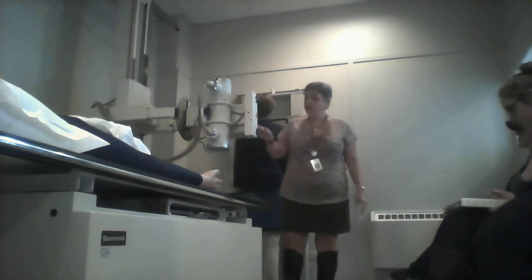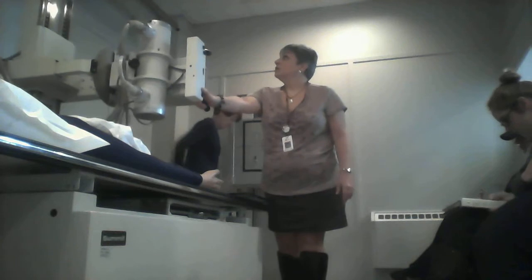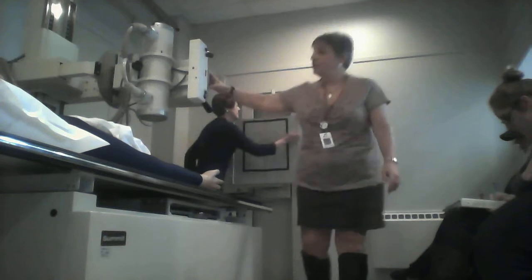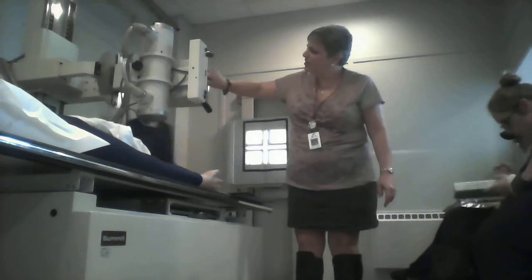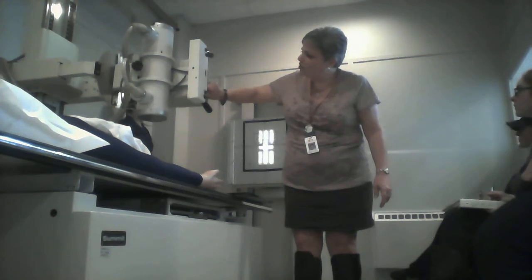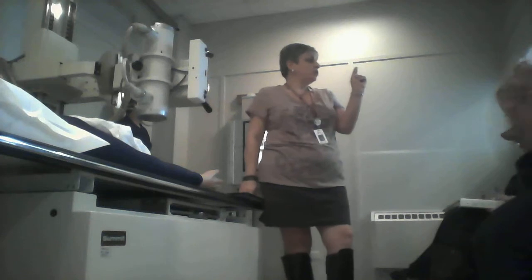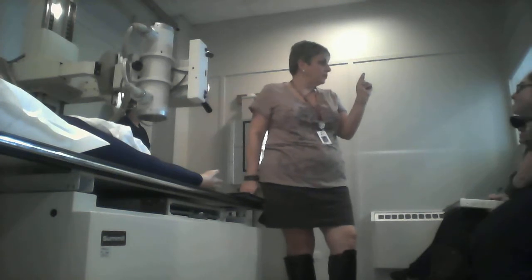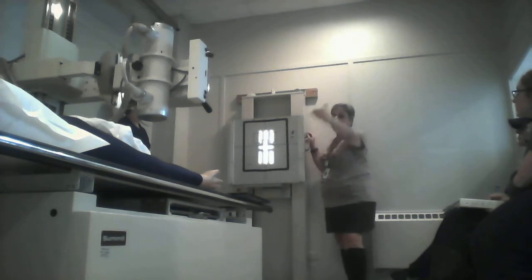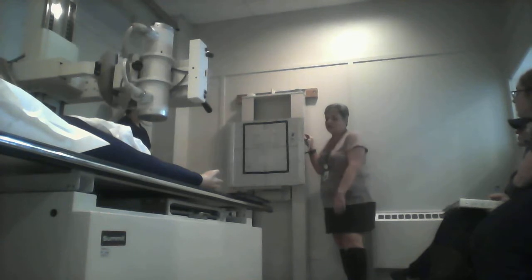From the RAO, we're going to do the lateral. We're going to back up to 72 inches. Still using the 10 by 12 lengthwise. I have to recollimate because I'm at 72 inches now. And this time, though, I'm going to go the full 12, but I'm going to come into about 5 inches wide. Because once you go lateral, the sternum's not even a half an inch thick, so it's not going to take much there, okay? And sometimes what will happen in this room is you'll end up having to realign it a little bit just because of the distance thing. It's a physics thing with the light, but